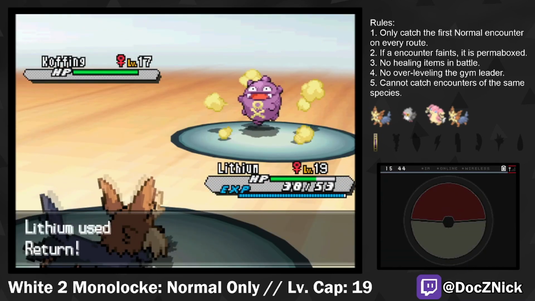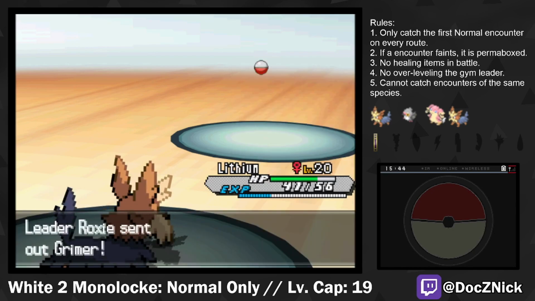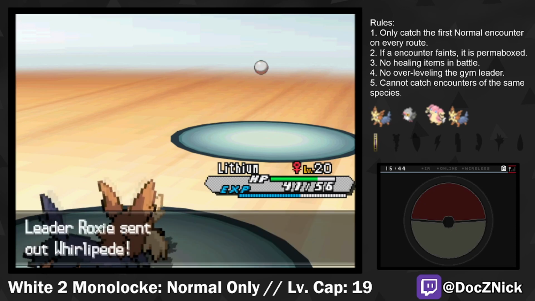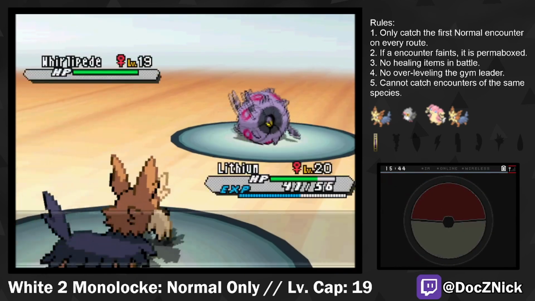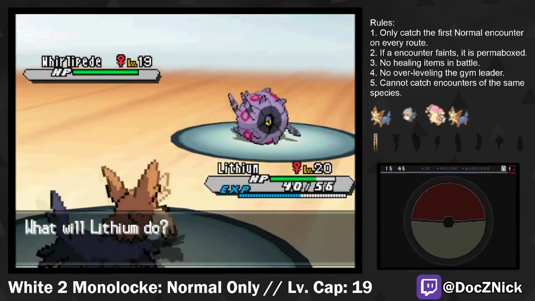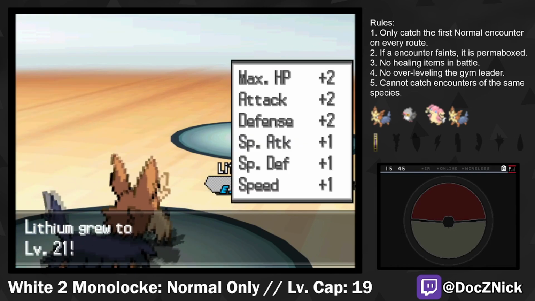At max friendship, Return is a base 102 power move that's available to every Pokemon. Combined with the same attack type bonus from normal types, that's basically a Giga Impact on any other Pokemon. So you can probably imagine what happened to Roxy when you're using Giga Impact on a level 19 Whirlipede. Granted, we did have to use 2 workups, but I was more than confident that this would be a deathless